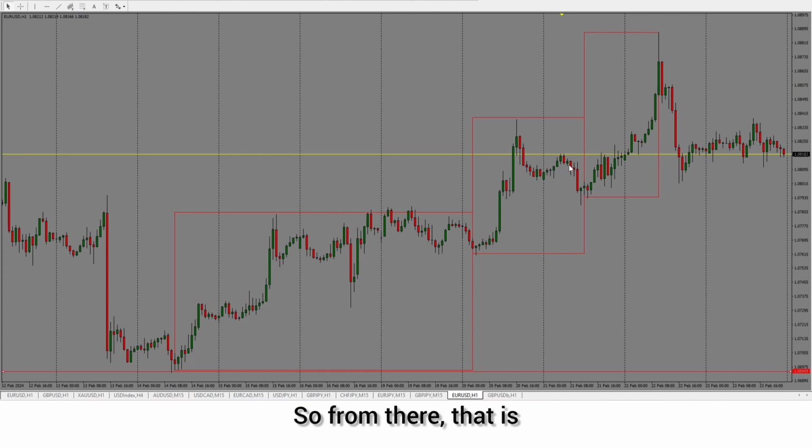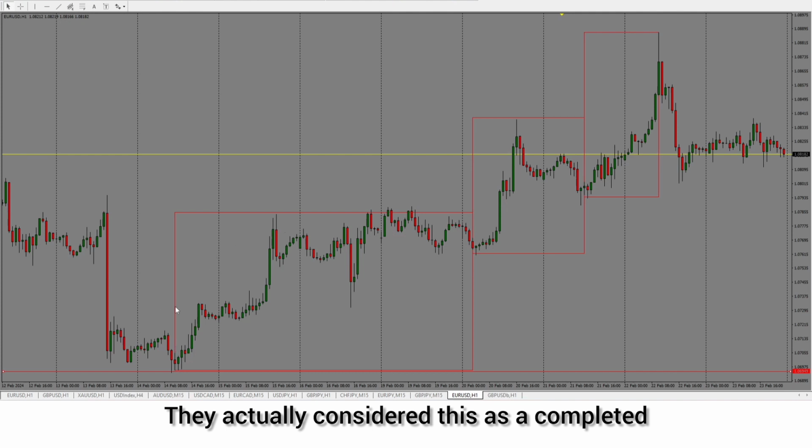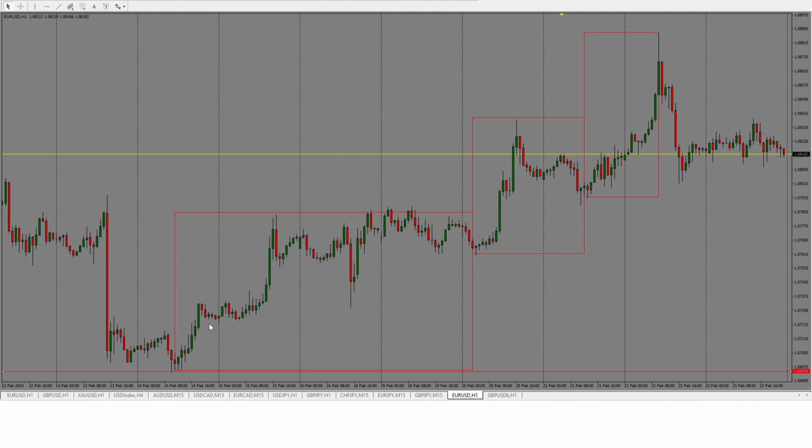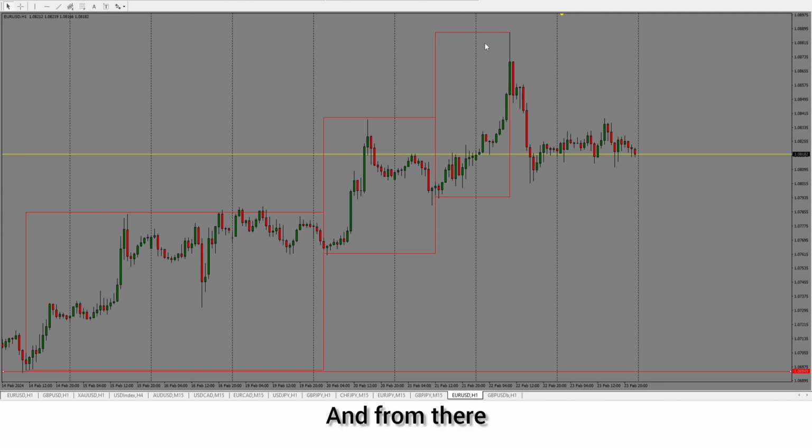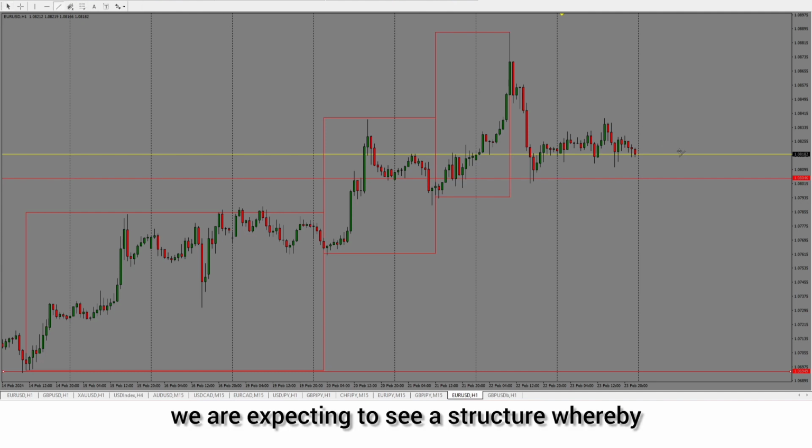So from there, that is where we later discovered that there was another impulse that was issued. They actually considered this as a completed 3M15 wave move. So this will become our first leg of our structure, and from there we actually made our short, where we are looking to get a takeoff of last Friday's low to this downside,